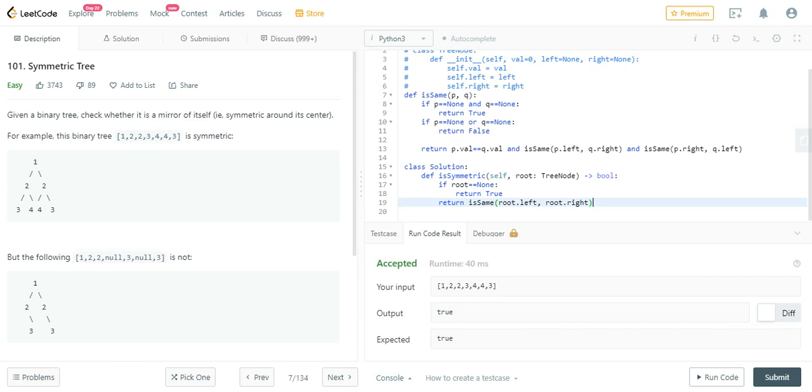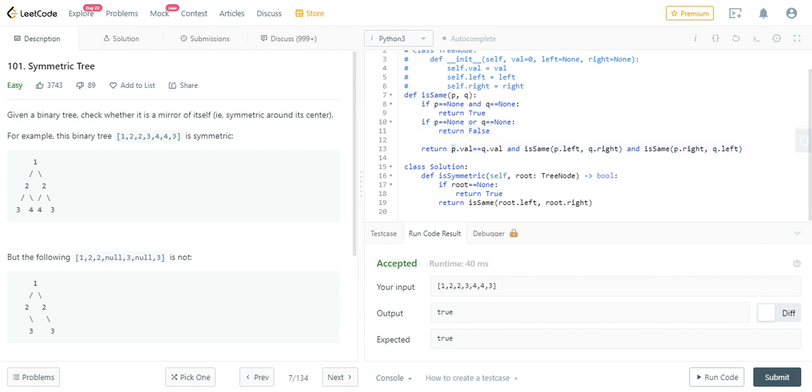We'll check if p or q is none. If both of them are none, we'll just return true. It is eventually checked in this step when it is 3 or when it is 4, that is, in the recursion step when we have reached the leaf node. Or even suppose our tree has one node only, so it doesn't have any other thing, then it will pass only null and null, right? It is being checked here. This case is also very intuitive: if this case is survived, we can be sure that both of those are not null, because one of them is surely not null.